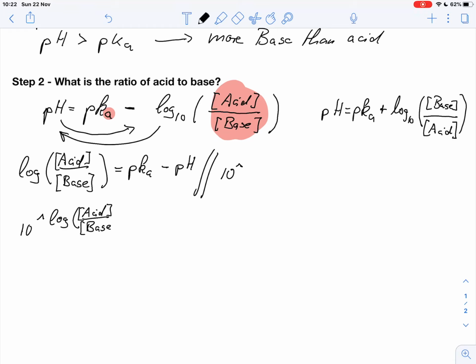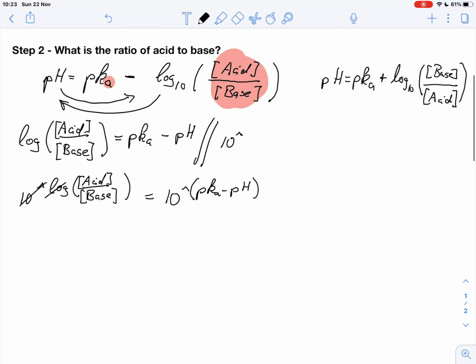So these are our concentrations here, equals 10 to the power of pKa minus pH. Now we know that 10 to the power and log 10 cancel each other out, so we get on the left hand side the ratio of acid concentration divided by the base concentration,